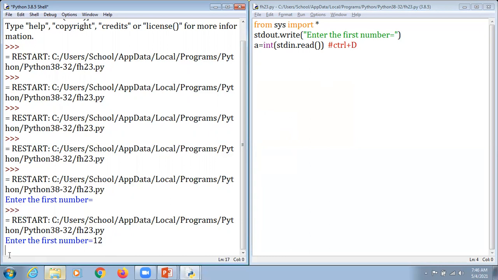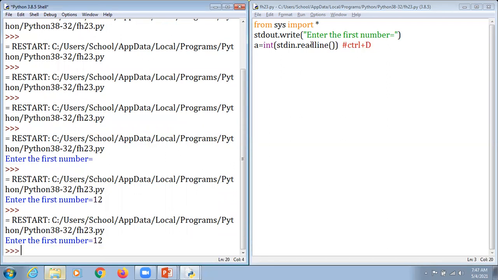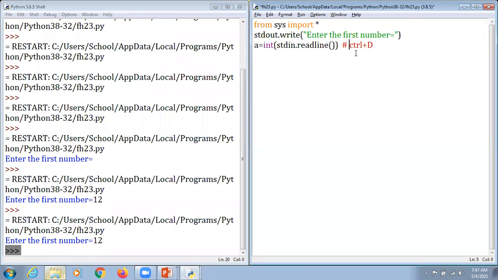So what we do, we are supposed to press Control plus D here for termination of that reading process, which is moving continuously. So instead of using that, if we use a readline here, then we just run this program, and we just type 12 here, and when we hit the enter key, automatically that cursor is supposed to be displayed on the screen. Hopefully the content will be understood by you.